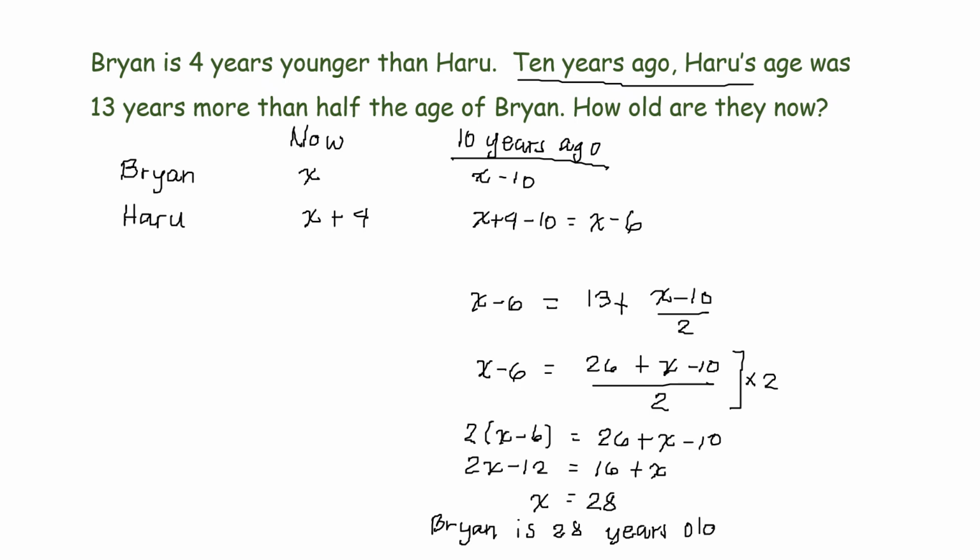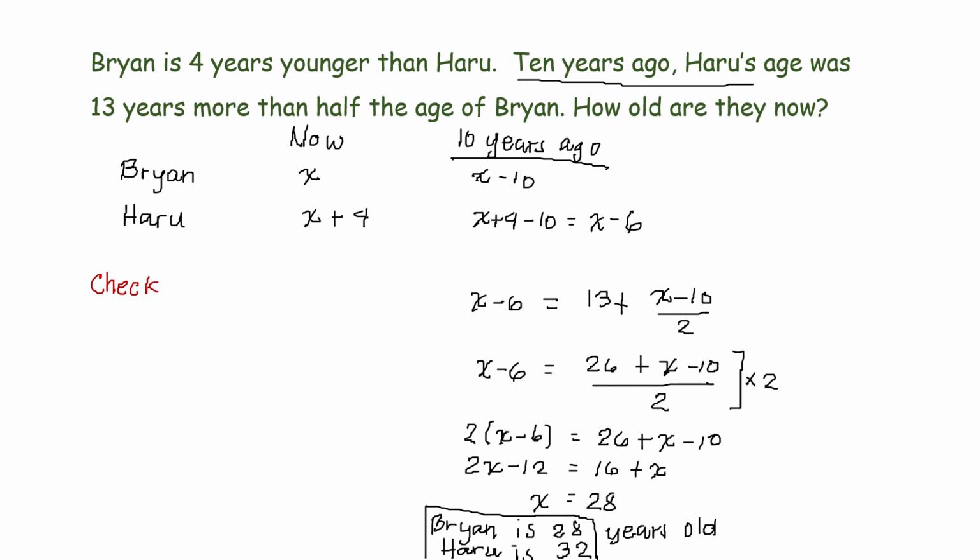So if Brian is 28 years old now, Haru is plus 4. So 28 plus 4 is 32. Okay, so those are our answers. Now to check, as I've said, it's always good to check, just to see if we satisfy the